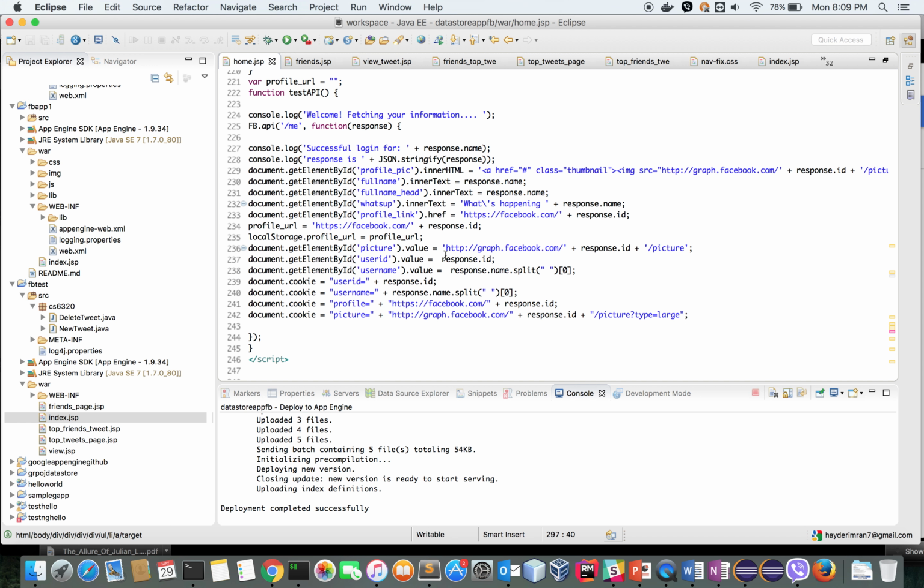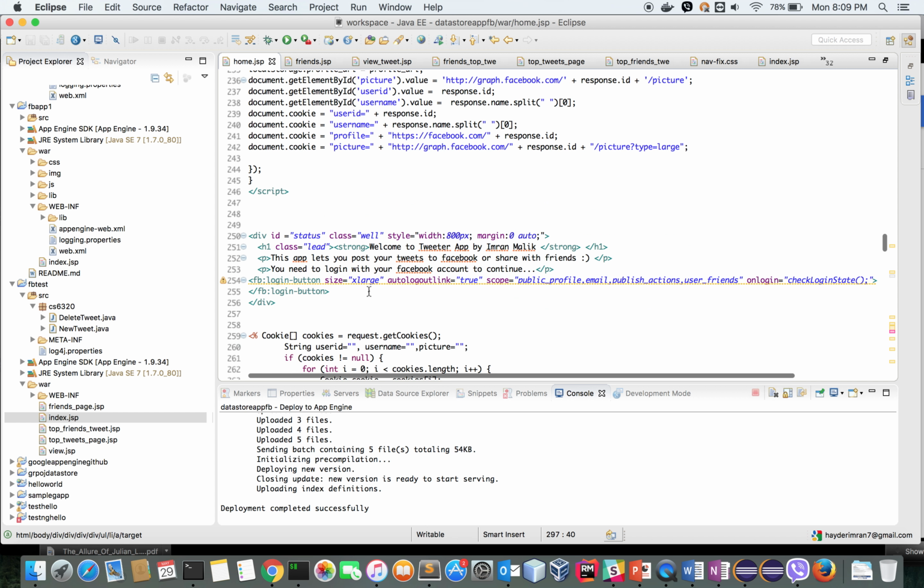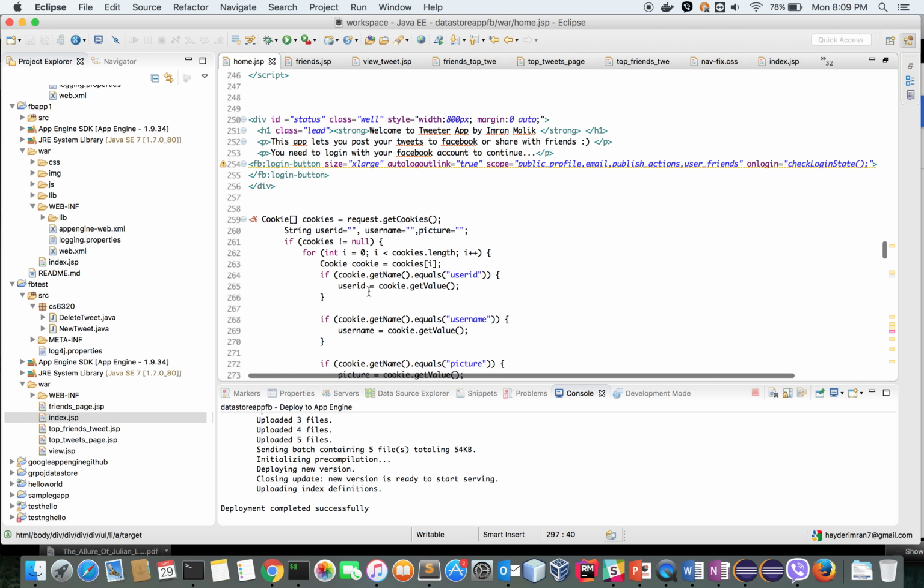Yeah, so here I'm retrieving the user ID. Response ID is the user ID here, and I basically stored that as a cookie. So document.cookie is a JavaScript command where you can store cookies. Since I had to communicate this information to the Java code, which is here in the same file,